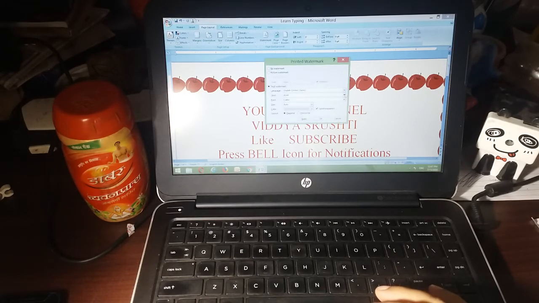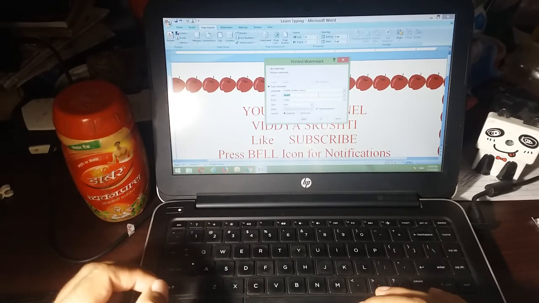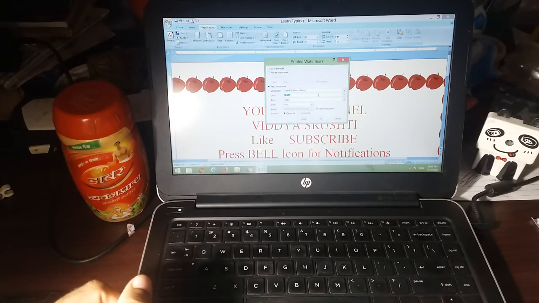Now we click the down arrow. So many options are there: confidential, copy, do not copy, original, personal, sample, top secret, urgent. So many are there. Suppose we want to give some another text watermark.